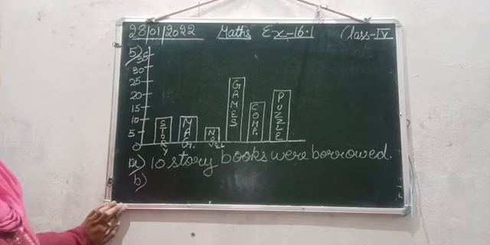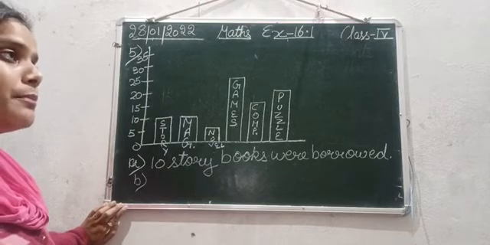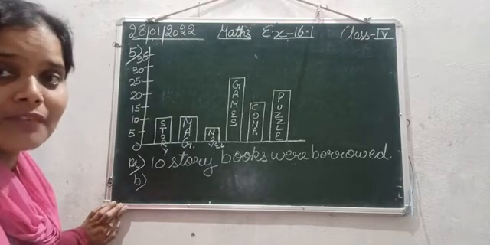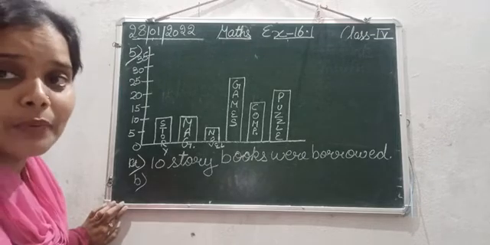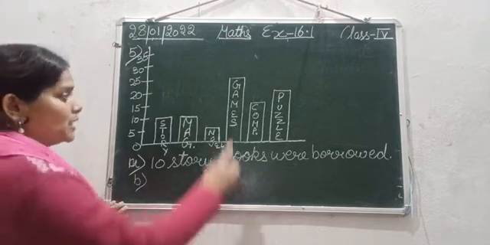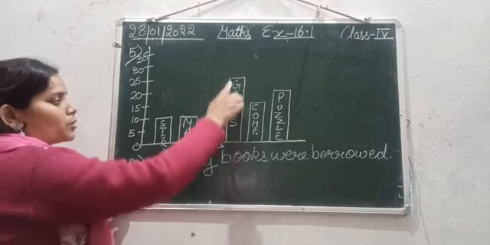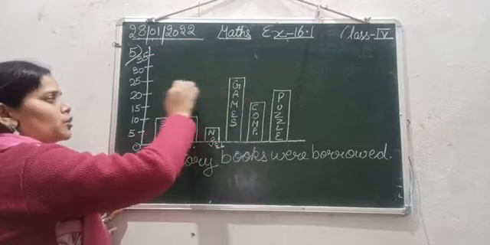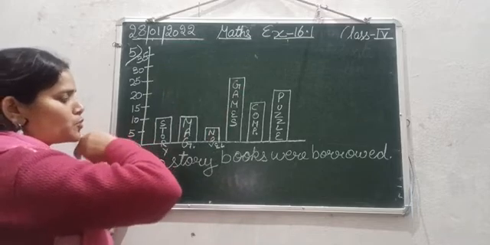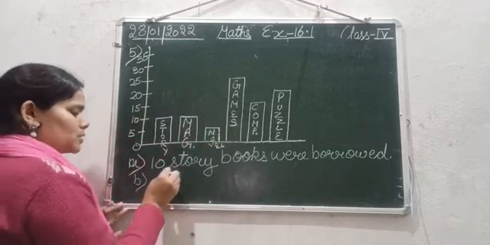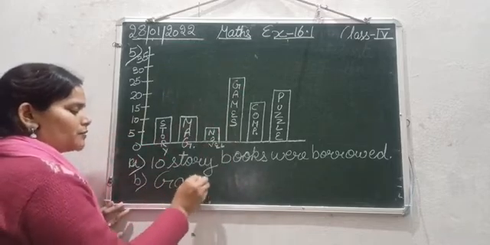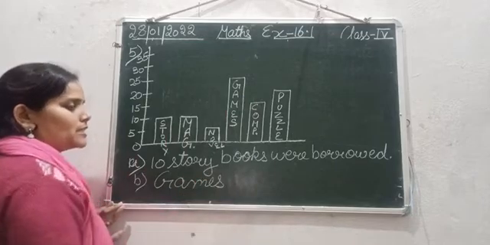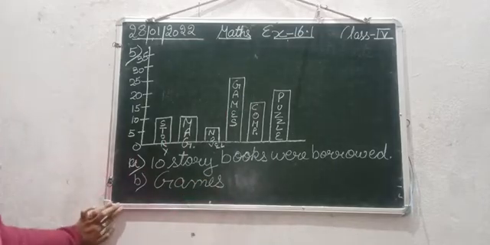सबसे ज़्यादा कौन सी books popular है? So that means the book which is having the highest bar graph is the most popular type of book. So here we can see this book, that is games. So the books related to games have the highest bar graph. So which type of book is most popular? That is games. So write down the answer for the B1, that is games. So the books related to games are most popular amongst the students.